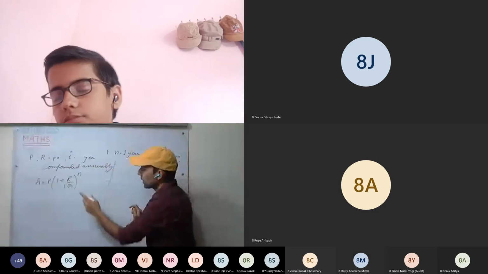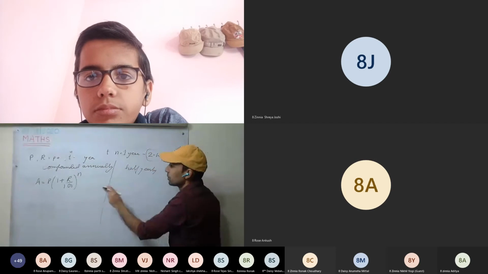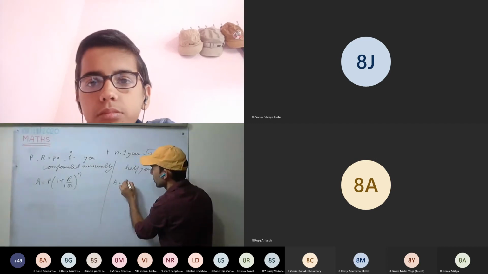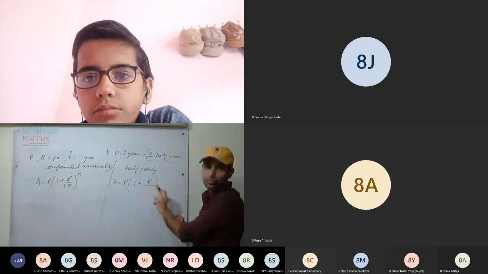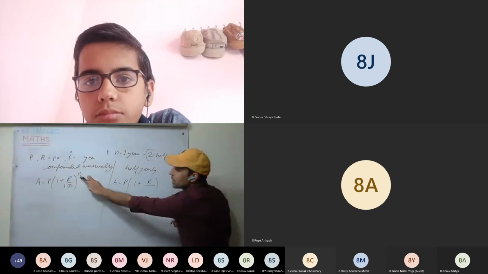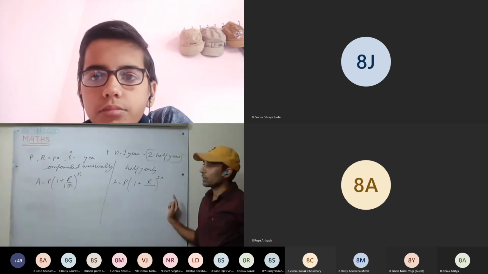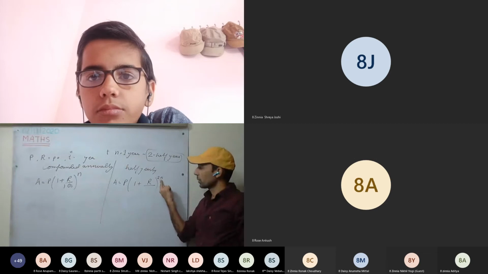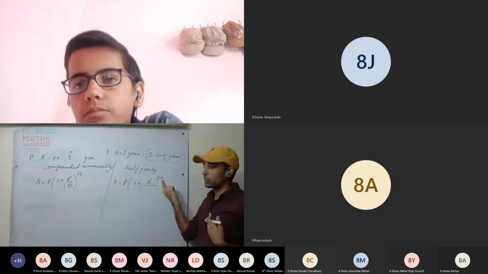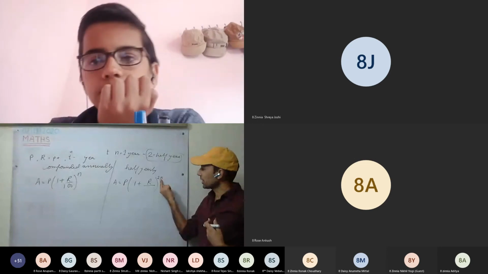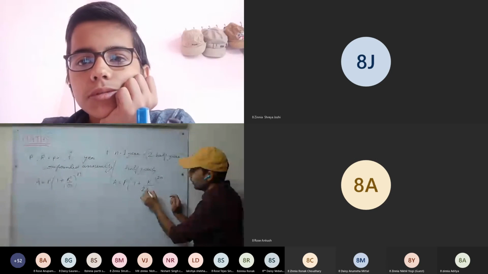See here, this is compounded annually, and this is compounded half yearly. Now A equal to P into (1 plus R upon 200) raised to power 2n. Here it was n; since it is compounded half yearly it means 2n. N is 1 year, and compounded half yearly means once in one half year and once in the other, so 2 times it will be compounded. This is clear? And here the rate will be half, R by 2 into 100.